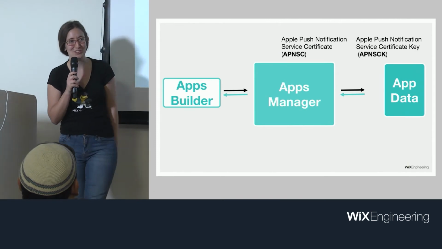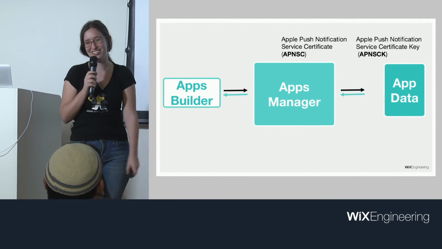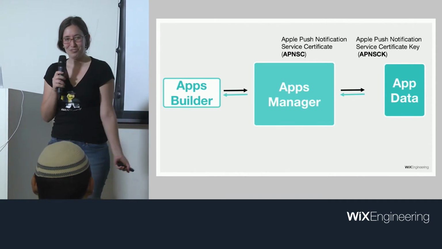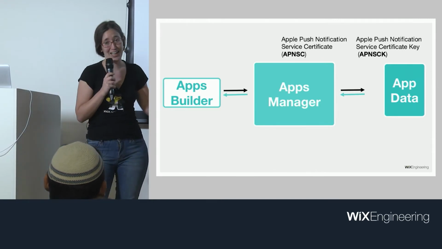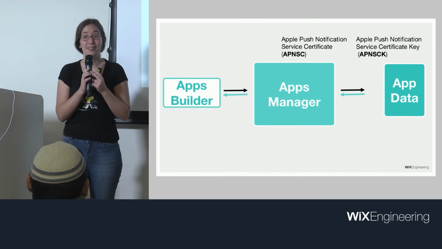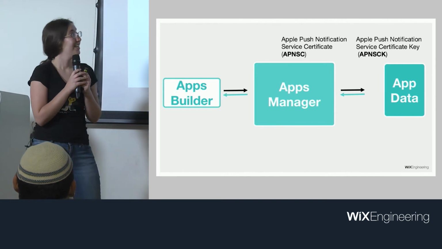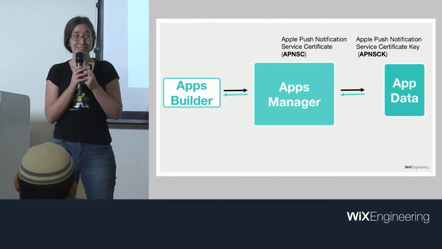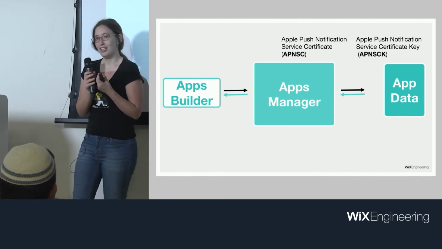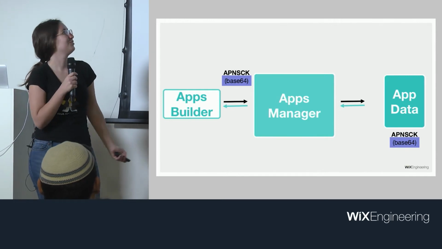But you remember those weird fields, the Apple Push Notification Service Certificate and Apple Push Notification Service Certificate key? They didn't only confuse me, they also confused the developers down in the apps builder. Because the certificate was supposed to be sent in base 64, and the certificate key was supposed to be sent in UTF-8. But they got a little bit mixed up, so they were both sent in base 64. So there's no problem, because we have our end-to-end test. We checked it,